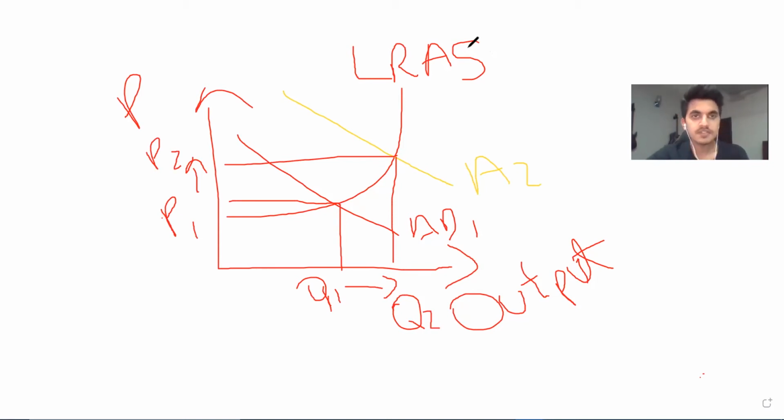So an expansionary fiscal policy should look like this, and how it works is actually